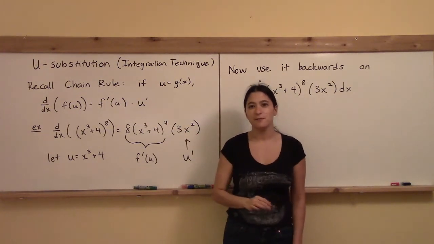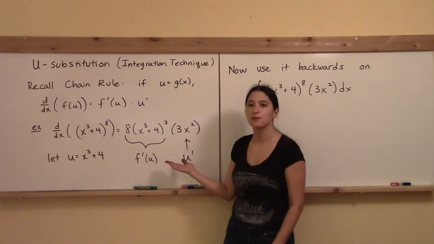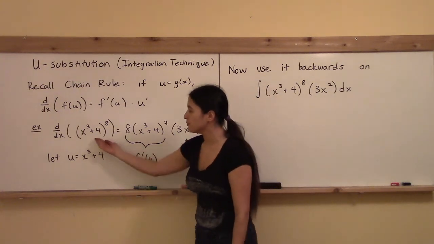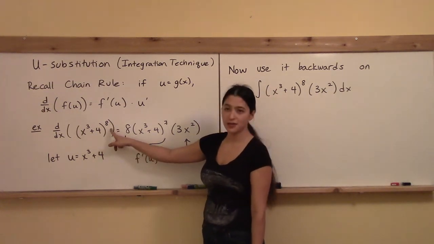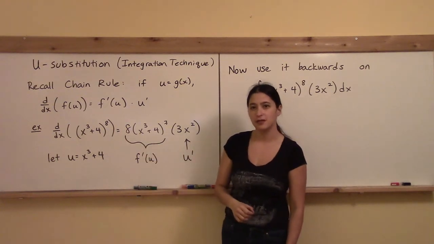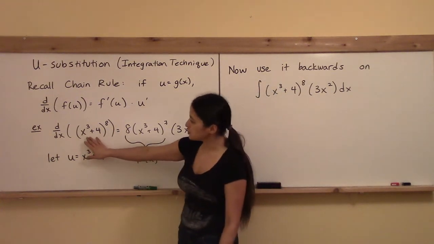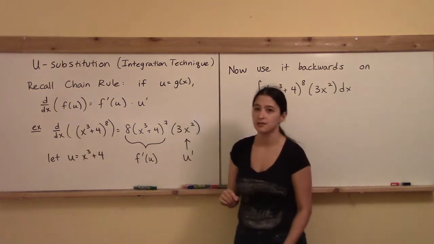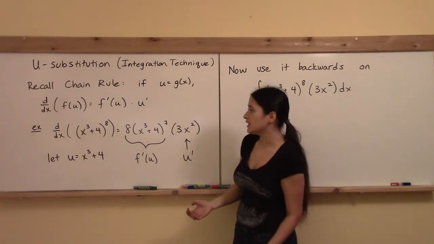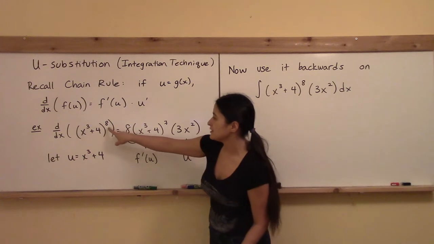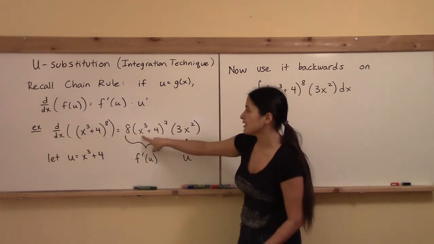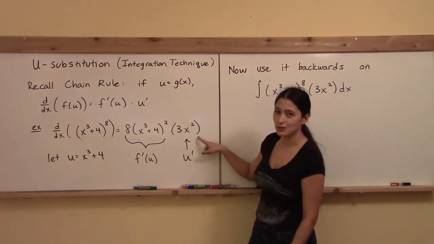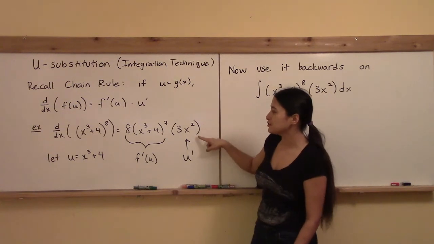You remember that one? Well, in case you're a little rusty, I've got an example laid out right here. A classic example would be when I tell you I've got a polynomial here on the inside, and then I've raised that to a high power, and then I want you to take the derivative. Okay, so here we have x cubed plus 4 on the inside, that's going to be our u, and then we have to the 8th power on the outside. Now when you're taking the derivative of this, you bring down the 8, that's in the exponent right there, and then you leave the inside function alone and you raise that to the 7 because 8 minus 1 is 7. And then don't forget the chain rule,